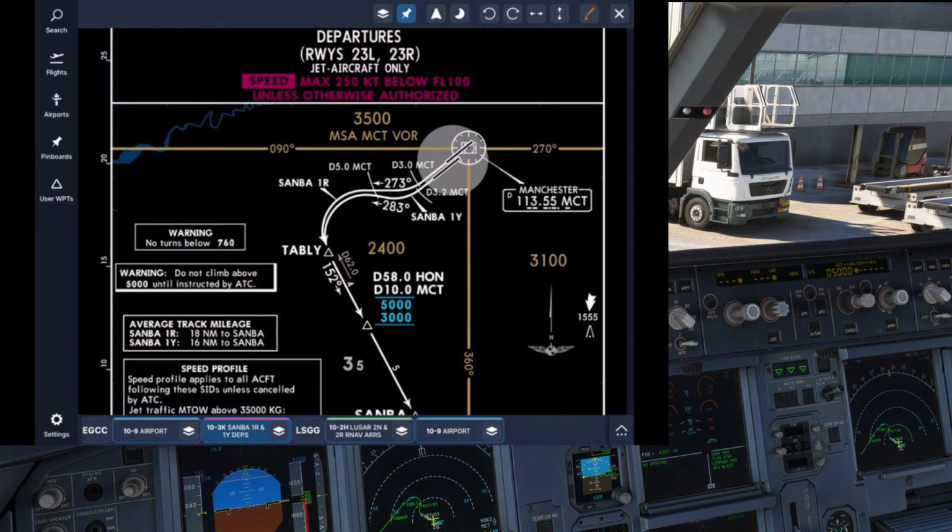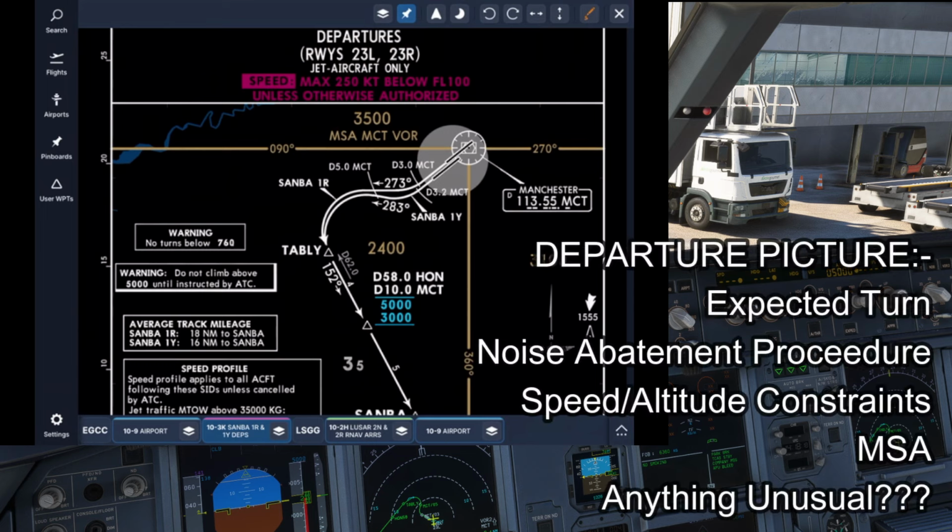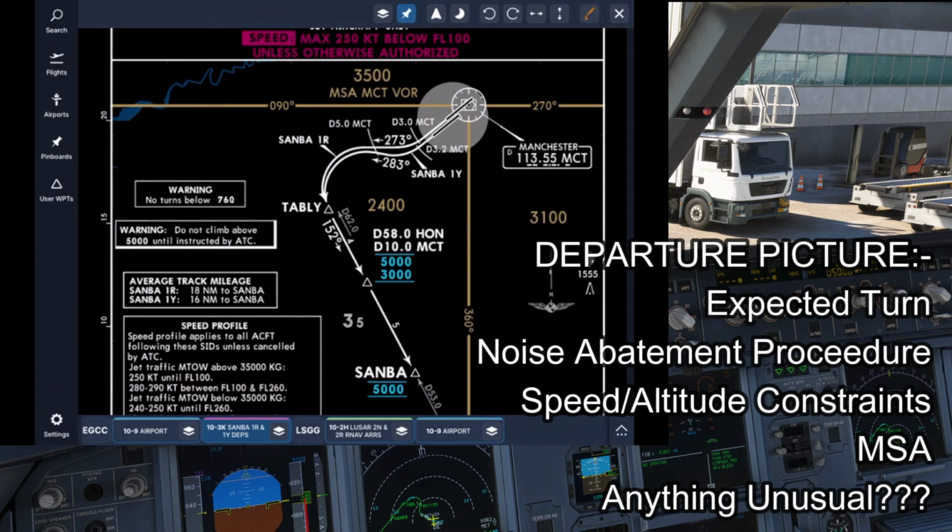The departure itself then is the Samba 1 Yankee departure. It's a noise abatement 2 departure, so the most normal one for us. And yeah, it's just the standard departure that you'd be used to. It's straight out with a slight right turn, passing 3.2 miles from the Mike Charlie Tango VOR. That's already coded in to the navigation database, so we can get the autopilot on and I'll fly that for